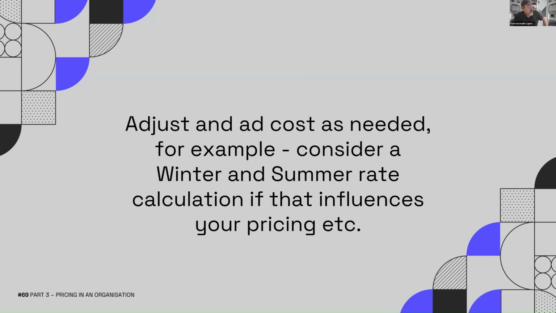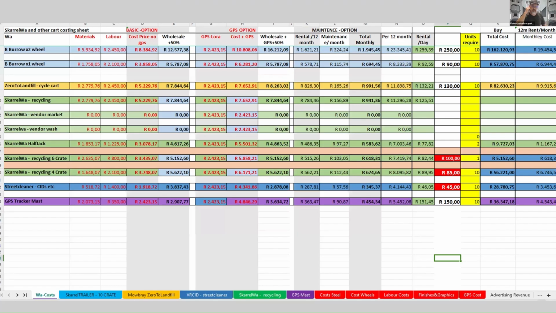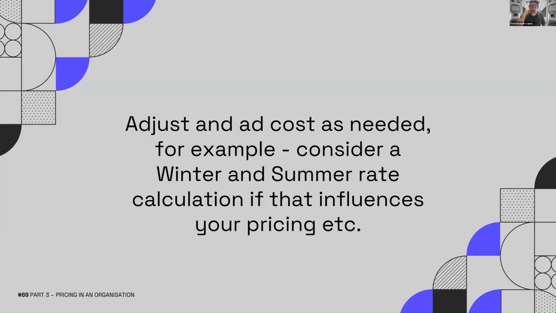Next slide. So again, in the spreadsheet, we adjust our costing, and we also do things like this: if the projects you work on are seasonal, we do film work projects. We do a lot of props as one of our revenue streams, props for the film industry. That happens in the summer. In the winter months, there's a lot less work and it's a lot more competitive to get those projects, because everybody that supplies that service is hungry.